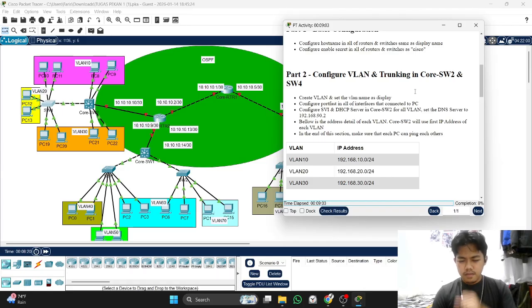Then we will configure the SVIs and the DHCP server on core switch 2, and set the DNS server. And the last, we will change the IP address of the PCs from static to dynamic.